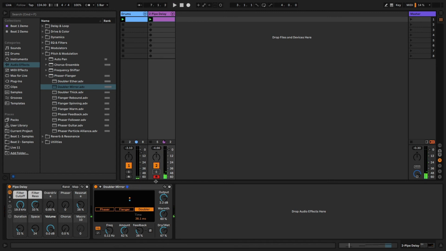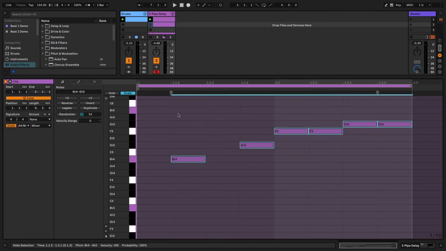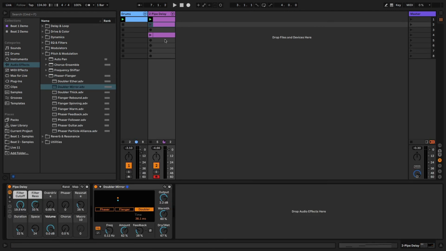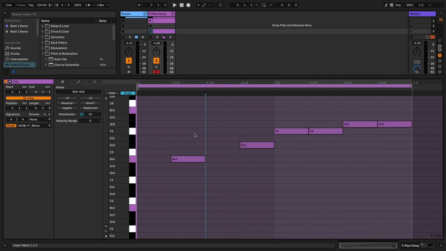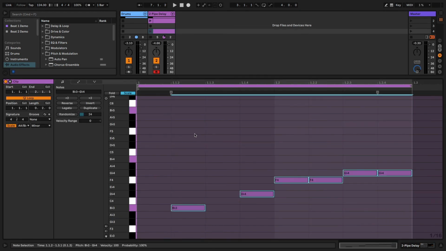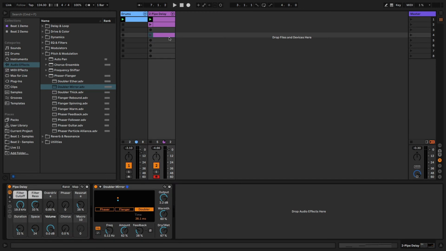Okay, while we're in session view, let's take a look at the improvements to follow actions. We're going to use follow actions to create some variations in this melody. So the first thing I'm going to do is just duplicate this clip and then copy it down once more. And then I'll go in and shift this one up 1 octave and take this one down 1 octave. So I'm going to use follow actions here to jump between these 3 different clips to get some variation in